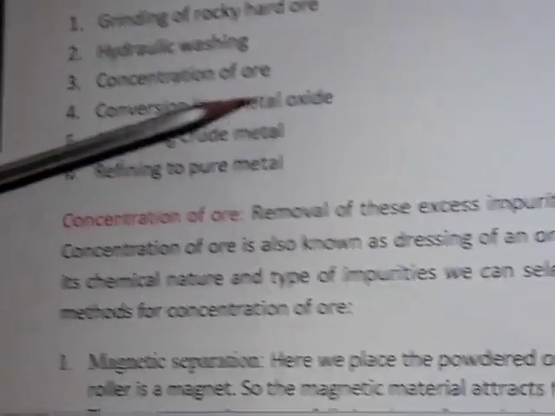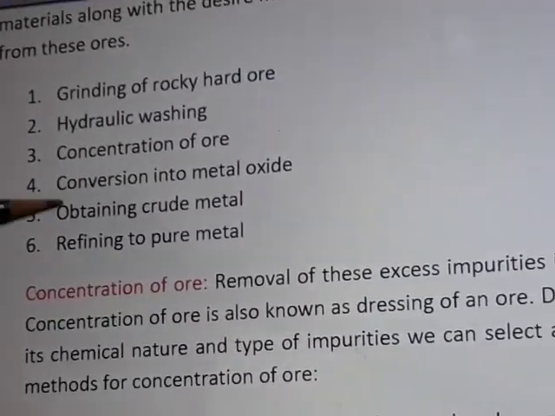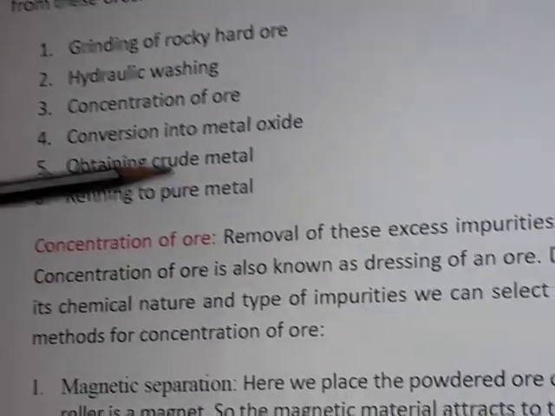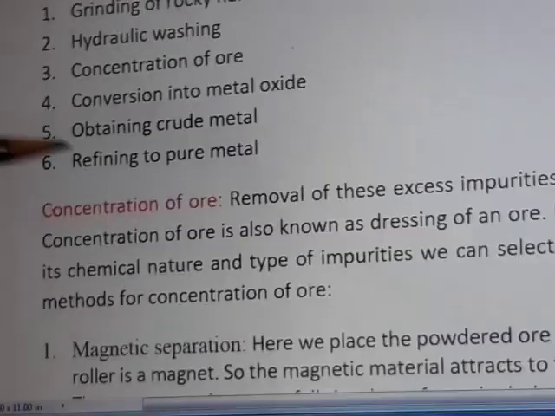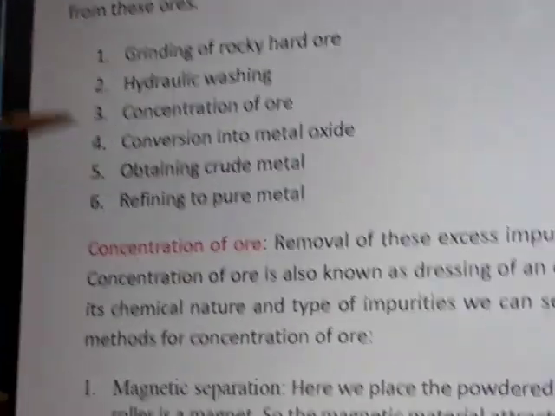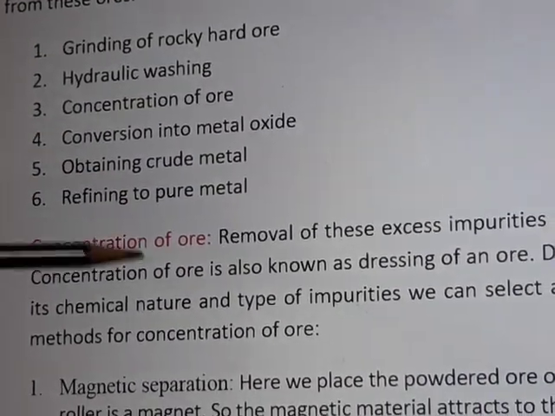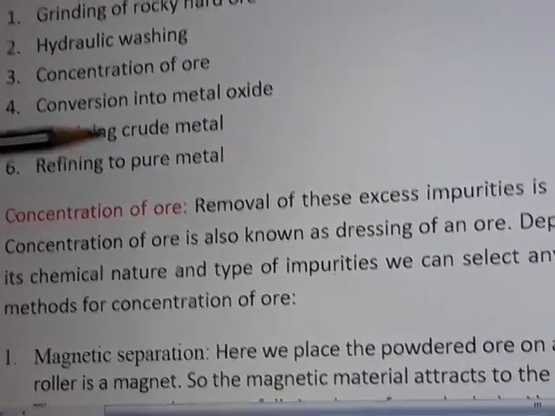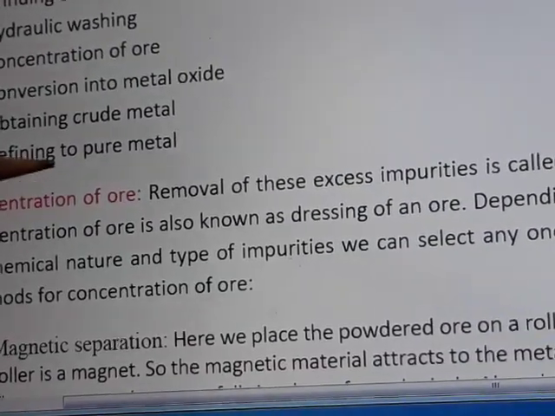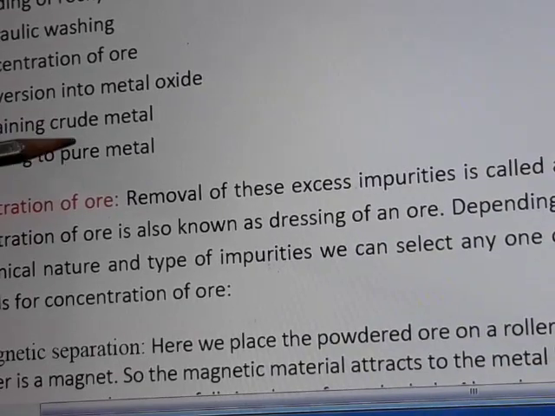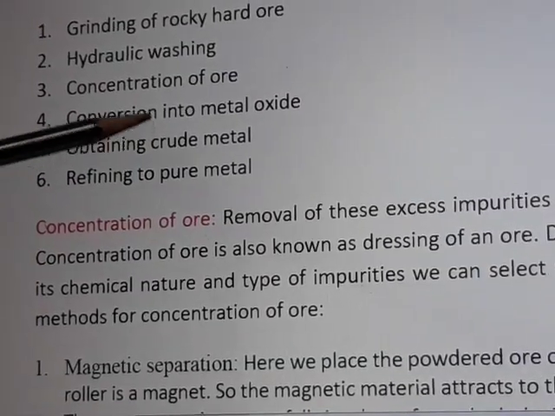After the metal is converted into the oxide, the metal oxide will be subjected to reduction to get the crude metal. Crude metal simply means this is the first metal which we obtained from the metallurgical unit, and it contains a large amount of impurities in it. Generally, to say, this crude metal is of no economic or commercial use. It needs to be purified to a large extent.